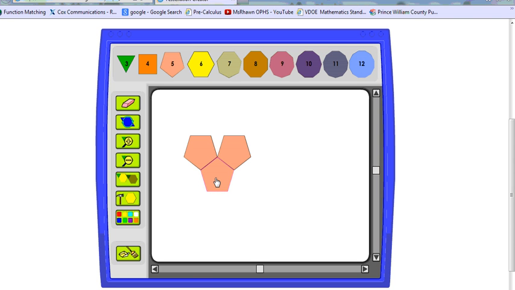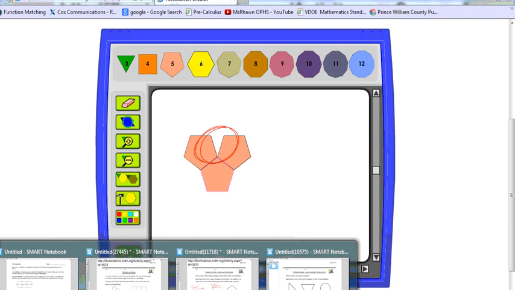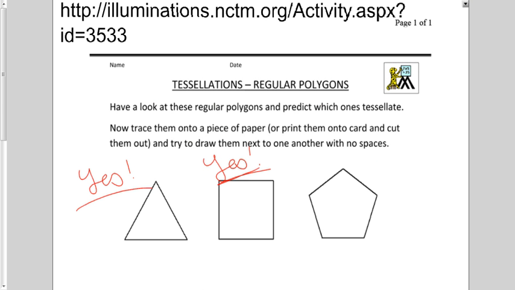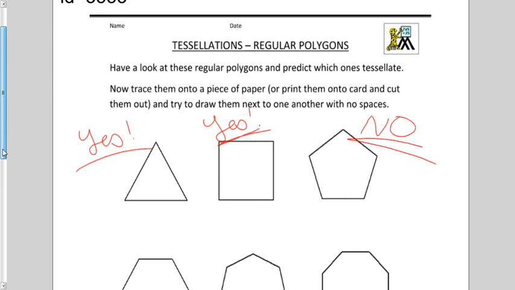Okay, so right now I'm trying to put the pentagons together, and you can see I've got this white space right in here, that white triangle where I can't put anything in there when I have pentagons. I don't have a slice of a pentagon that I can put in there, which means this shape does not tessellate the plane. So going back to our handout, this does not tessellate the plane. So looking down for our next shape,